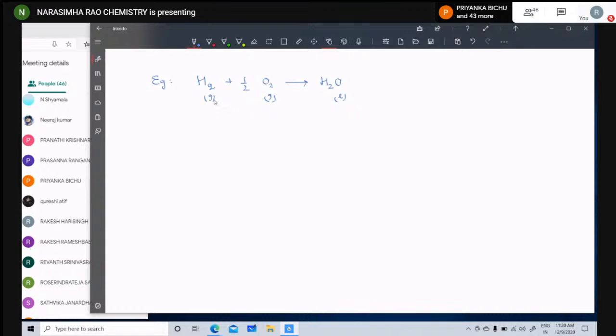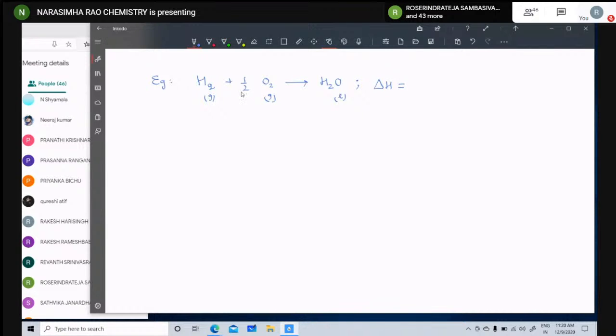So the element symbols have subscripts for their physical states. This is a complete balanced equation. And this energy change can be expressed in terms of delta H, the change in enthalpy, equal to